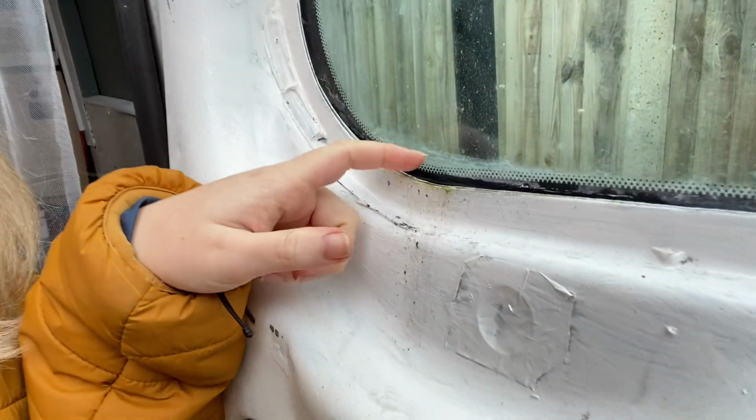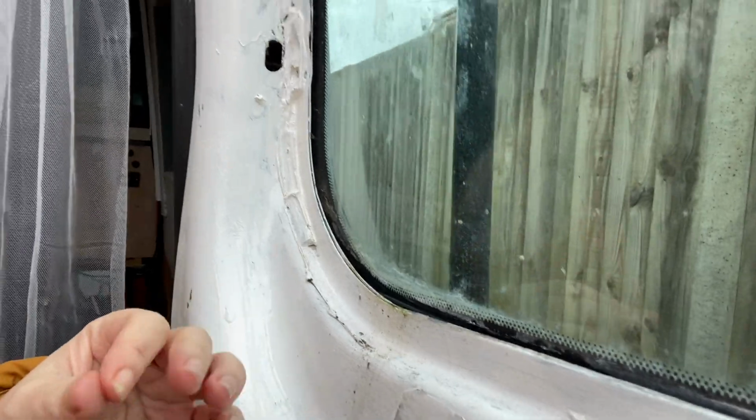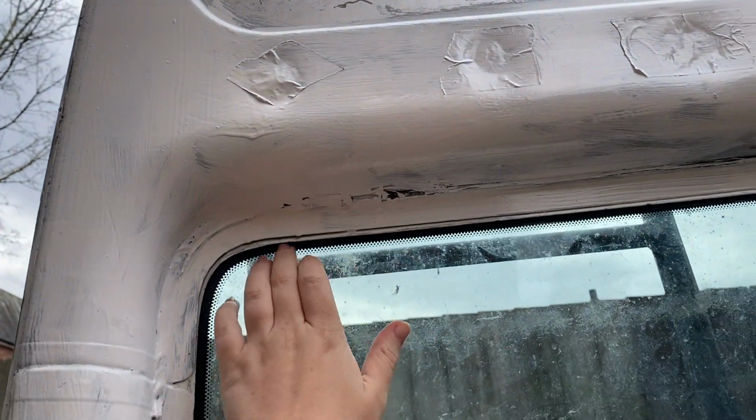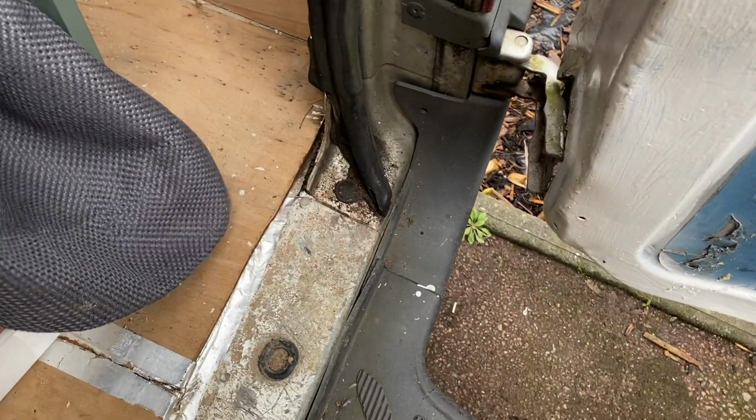But before we do that, I have got some sort of leak in this window. I don't know if you can see, there's a puddle of water here. And I'm not really sure where it's coming from. Looking at this up here, this bit is completely dry, so it must be coming from here somewhere. So I'm going to have to reseal this because the insulation in the door here is a bit damp. And yesterday there was a big wet patch here. So I think I might have to end up replacing this bit of flooring because also...